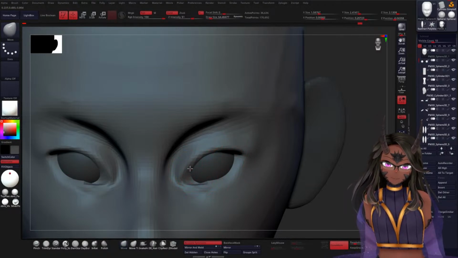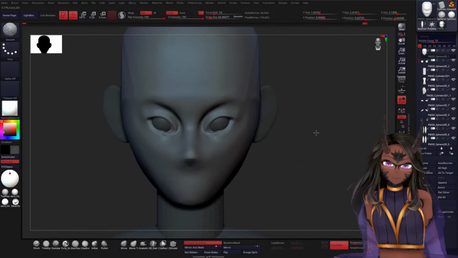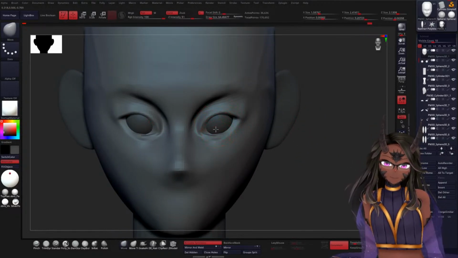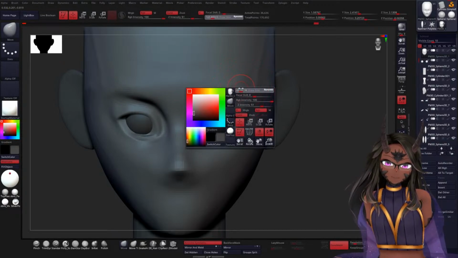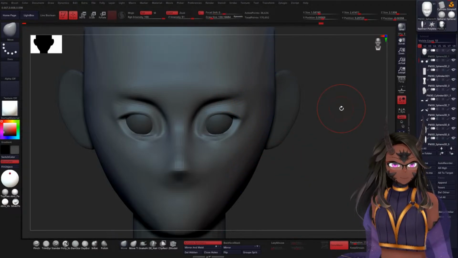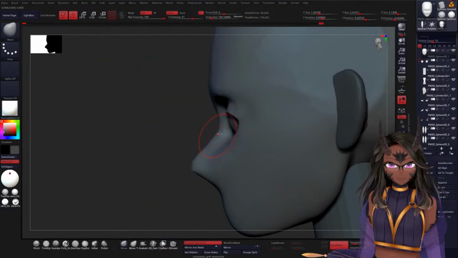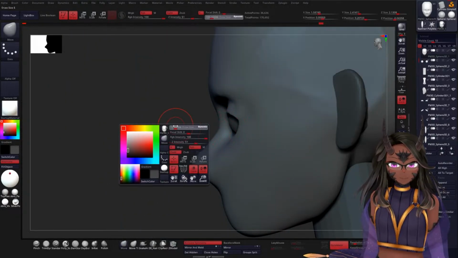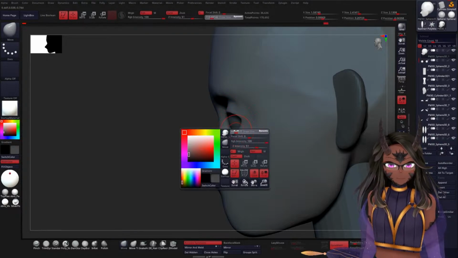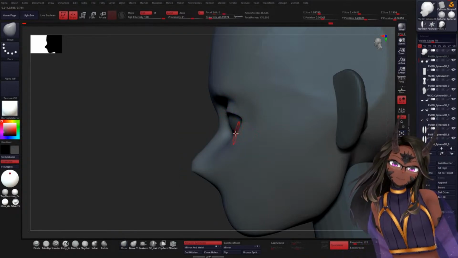But you begin to adjust over time and start getting things. In this case I might actually